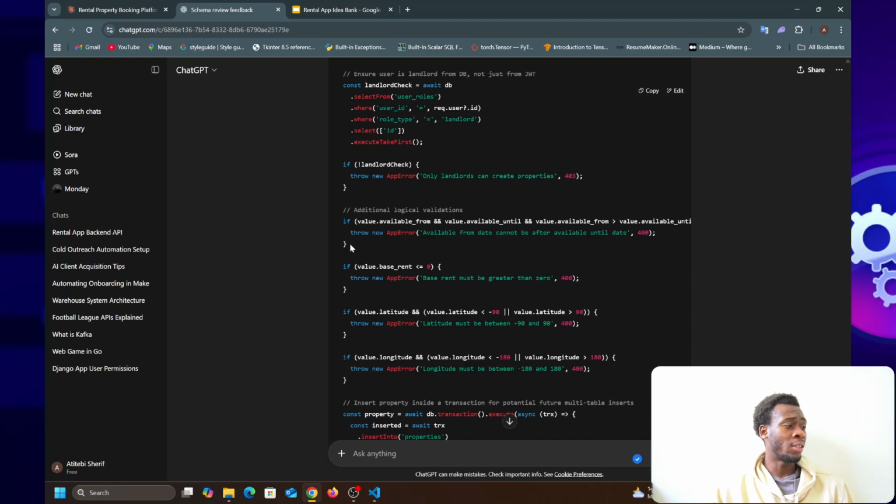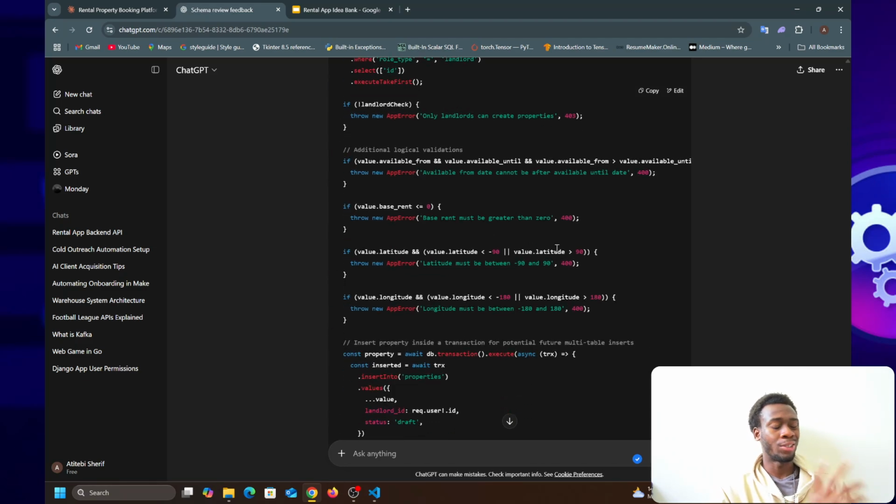Additional logical validations. This is basically checking available from, available until. Okay, it's just checking the availability of the property that you're creating, if the available from date and the available until date is greater than or less than. It's just making sure, because if you're starting from something and you're ending, the from can be greater than the until.